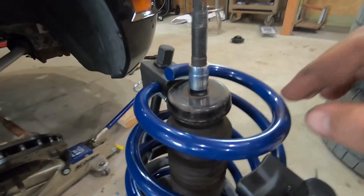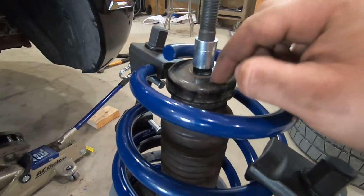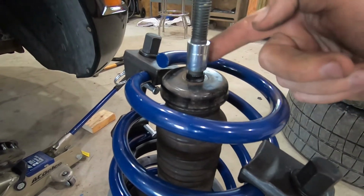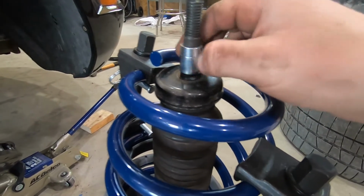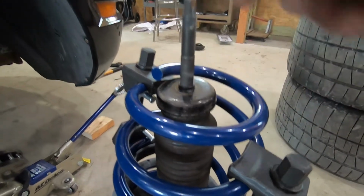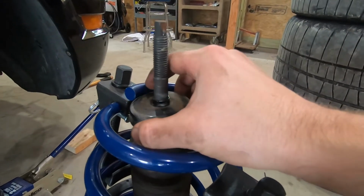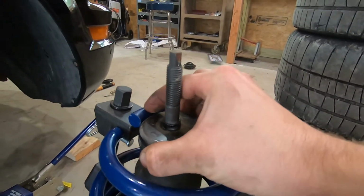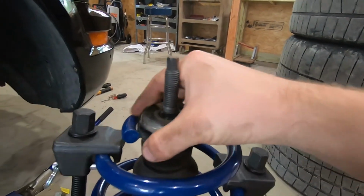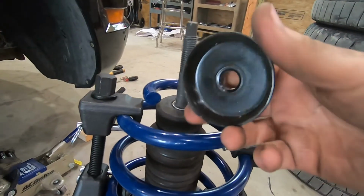I looked through the instructions a couple times and I did not see a mention of this. These are the spacers that come with the kit, right, with the camber plates. It tells you what order to put those spacers in. It does not mention this metal cup. Now this is the stock piece. It goes on the bottom of the